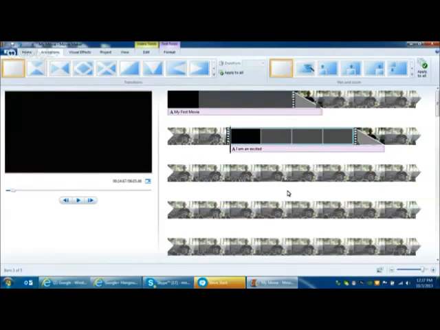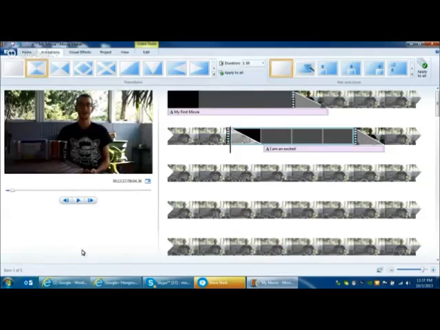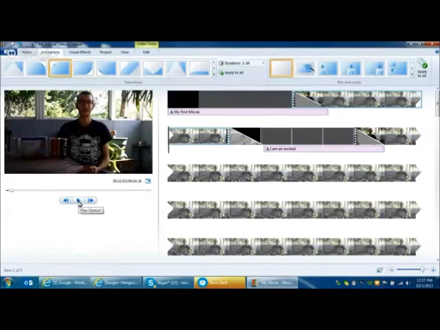Now we want to add a transition from our split into the text that we added, and I want it to affect this first area. So let's put this in. Now if I start playing it from here,